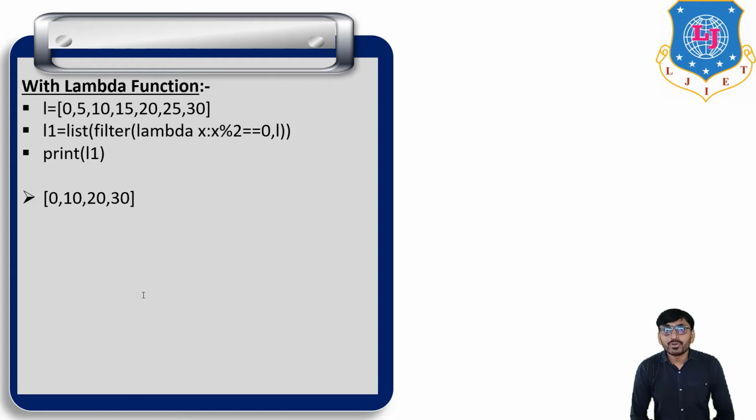So this is about today's lecture. In today's lecture, we discussed the lambda function, then the filter function, and that the lambda function improves the readability of a program. We write programs in an easy way. And what is the function of filter? It filters some elements from a sequence based on some condition. So this is about today's lecture. Thank you for today's lecture.